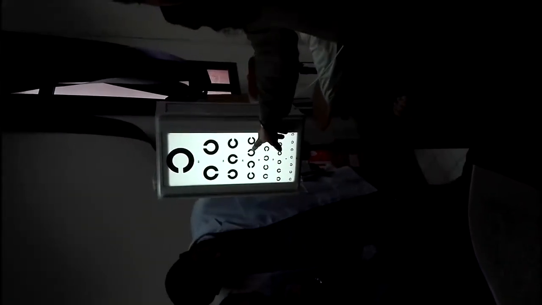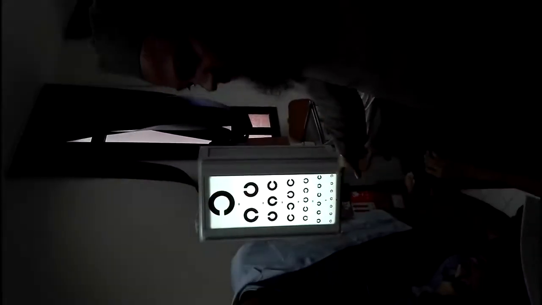Remember, the numerator is the distance at which the patient is standing, whereas the denominator is the distance from which that line can be read. 6 by 18. If only this line can be read, then 6 by 24. If this line can be read, then 6 by 6. 6 by 6 is normal vision. Understood? So you can get this box, you can get this image. Okay? This second image here, this is the